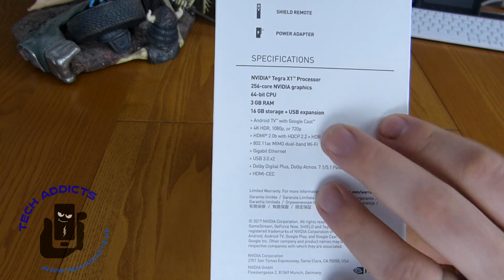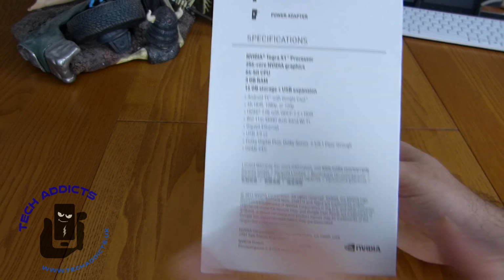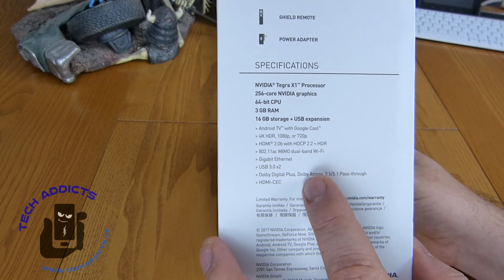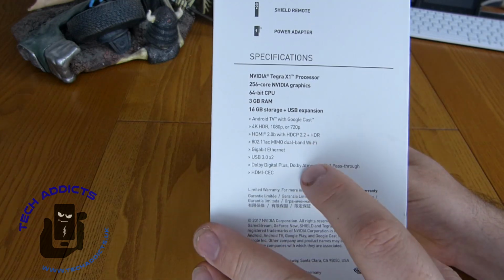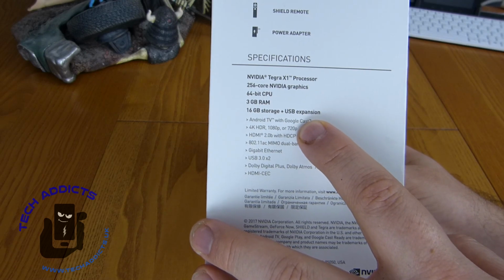It's very hard to find the 500 gigabyte version now, and it's just that wee bit more expensive, and given that there's a spinning drive inside, I don't feel it would be up to the task anymore. But those who have it don't seem to be reporting any problems with it, but it's one more thing that can go wrong. Android TV 4K HDR, which is another reason why I wanted to get this,